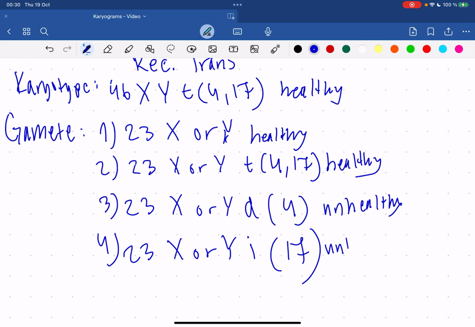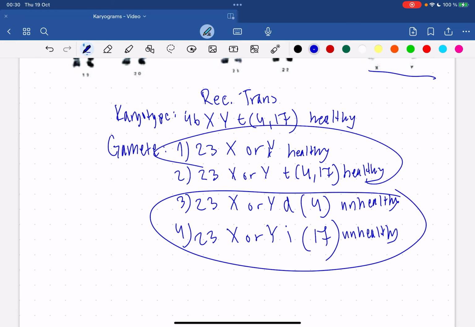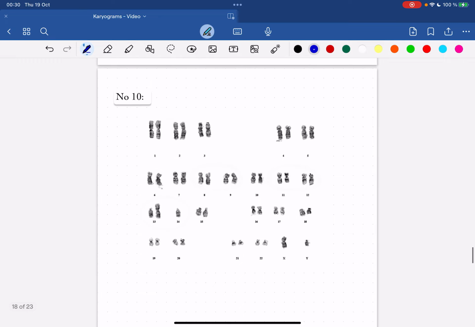This will be unhealthy as well because there's also a loss or a gain of information. So in this case, there are 2 unhealthy options and 2 healthy options, and that's 1/2. Next up,